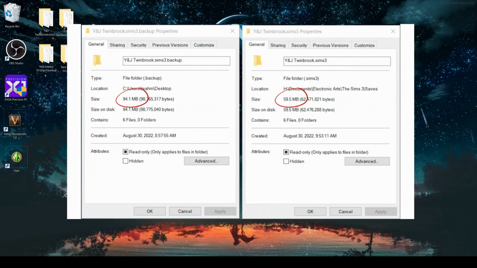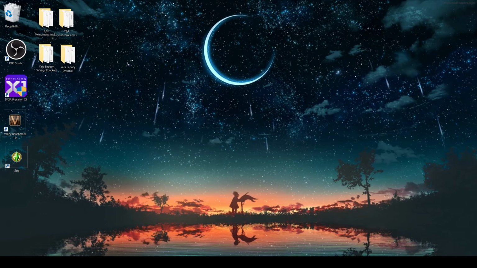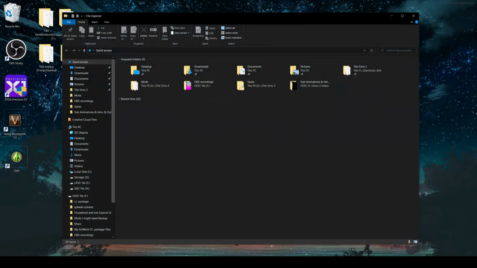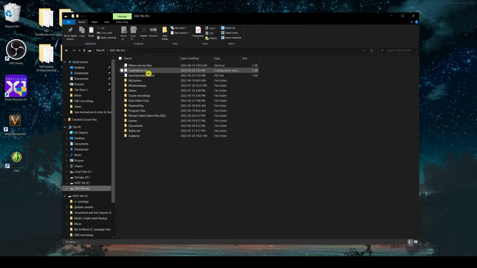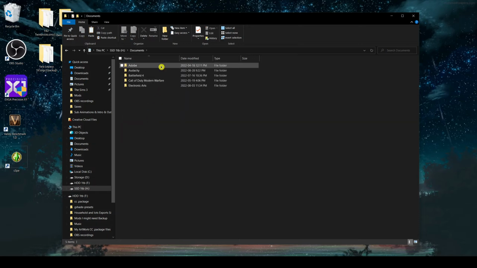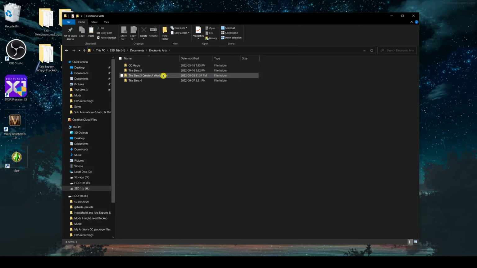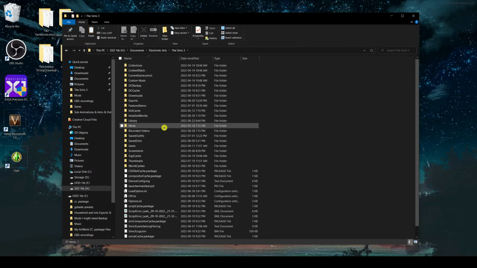Anyways, okay, so the first thing you're going to want to do, and this is really important, you're going to want to navigate back to your documents. Well, you probably already have it open. I closed it on myself, of course. Okay, into your saves folder again,